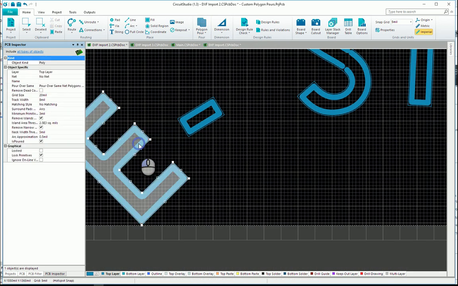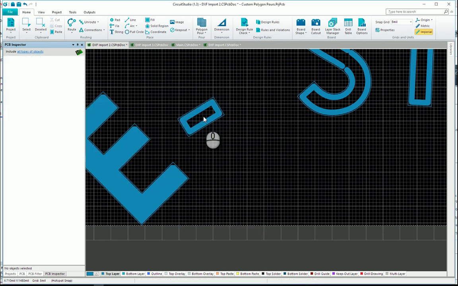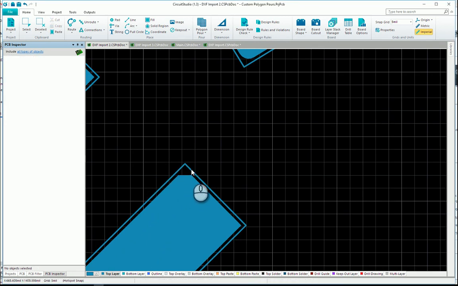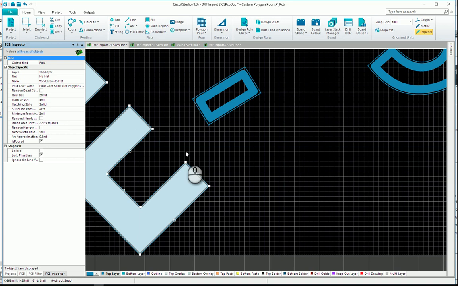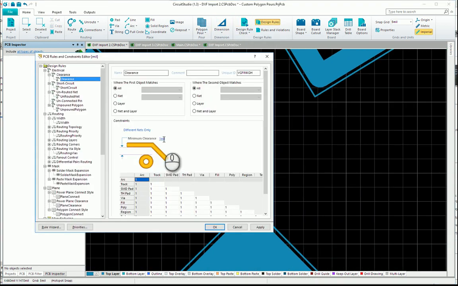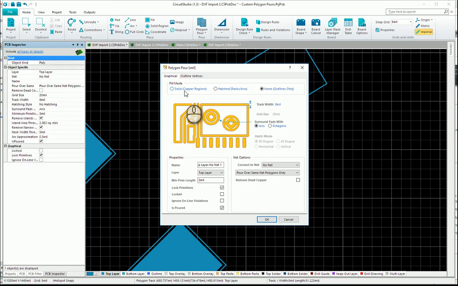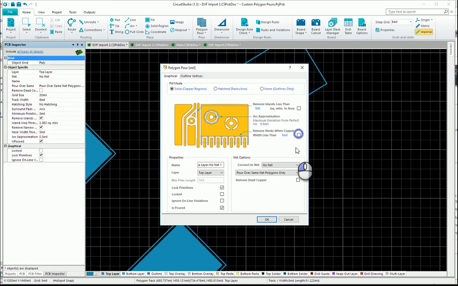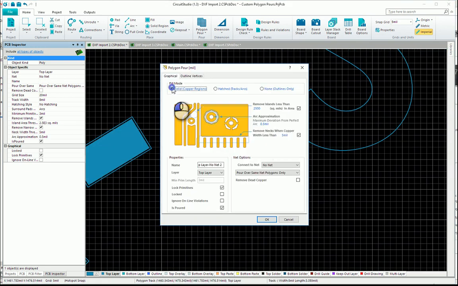So let's change all of these to solid copper regions. And you'll see how the corners cut off here, right? Let's adjust. We got to remove these two options here, and then you'll see it'll fill it nicely. And we still have the gap here, and that's because our design rule is probably set at 1 mil. So okay, we're going to change this, remove these guys, re-pour,